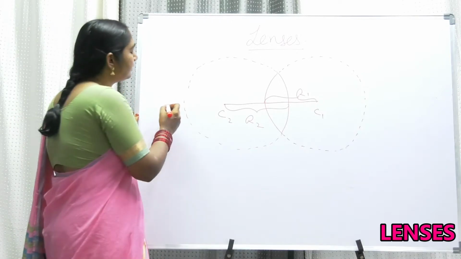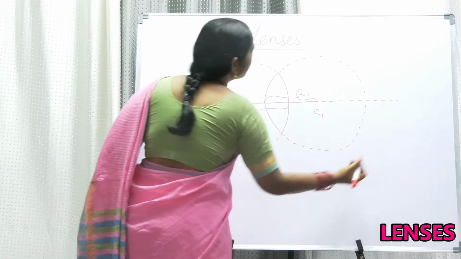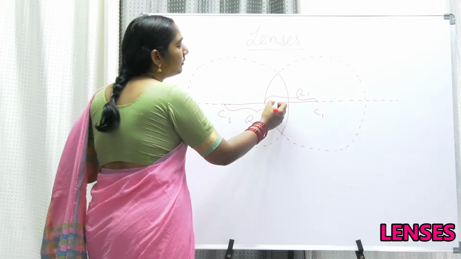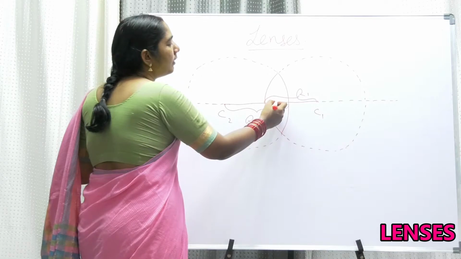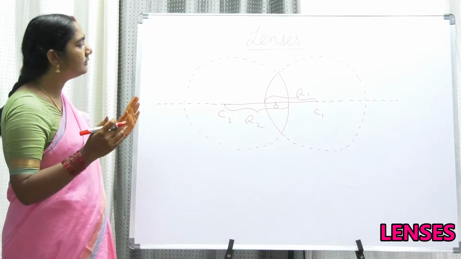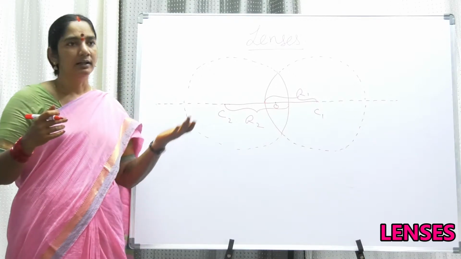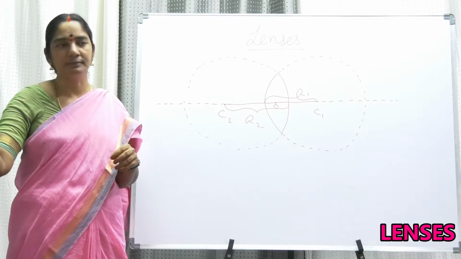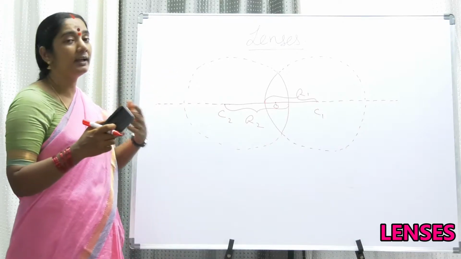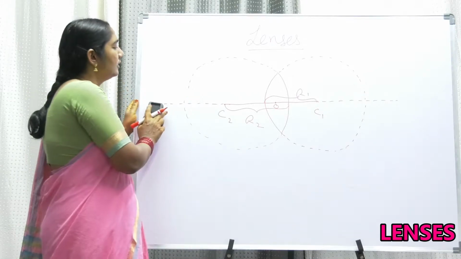Now my dear friends, this line which is passing through the centers of curvature is called the principal axis. Already you know that. And the midpoint within the lens is called the optical center O. So now we are seeing the different terminology. Already we have seen the terminology in the case of a mirror. Here also we are seeing it in the case of lenses. Here the principle of refraction is taking place. In a mirror we have reflection. Here we have refraction.